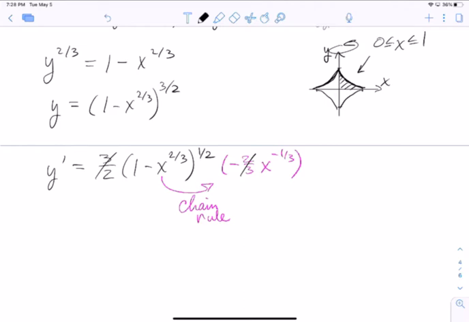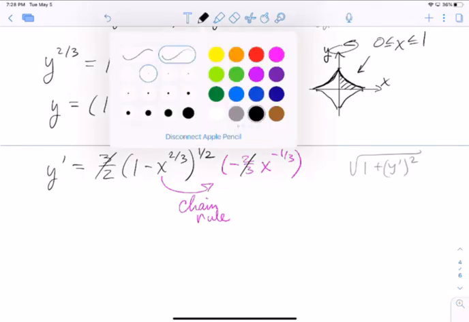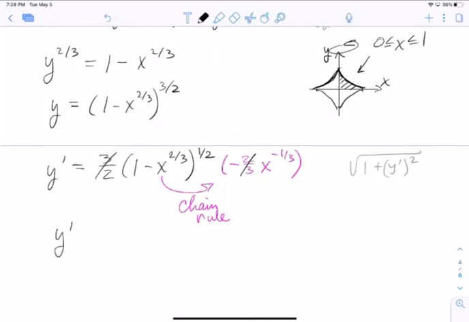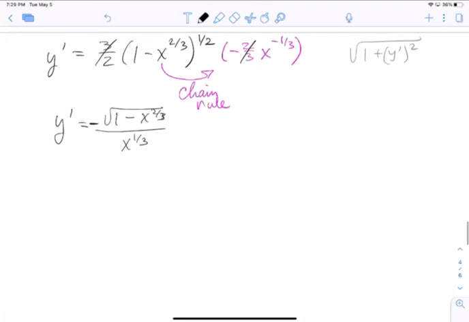We know our formula involves a square root of 1 plus y prime squared. So we need to square this quantity. Before I do that, though, I'm going to express this as a fraction. So we have the square root of 1 minus x to the 2/3 divided by x to the 1/3, and there is a negative out front because of the negative in the derivative. Remember, a negative 1/3 exponent means a 1/3 exponent in the denominator. Squaring this and adding 1